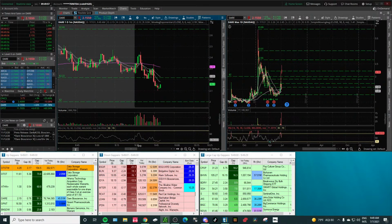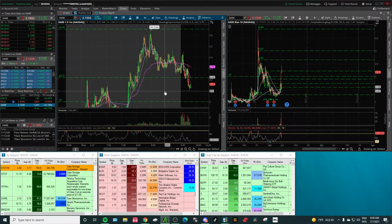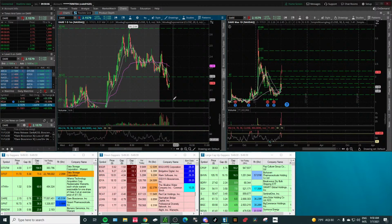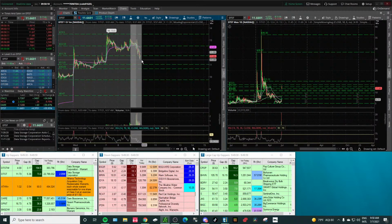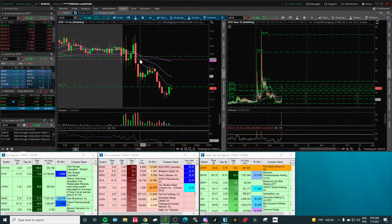DARE looks like it's coming back and pulling back, but again, I want it to come back to around that 210. I want to catch potential 30 cents here. If it comes down to maybe 205, I want to go back to VWAP. I want to get at least 10% here. DARE's coming down here, so that's one that we've got to watch. Same with DTST. Nothing crazy, but